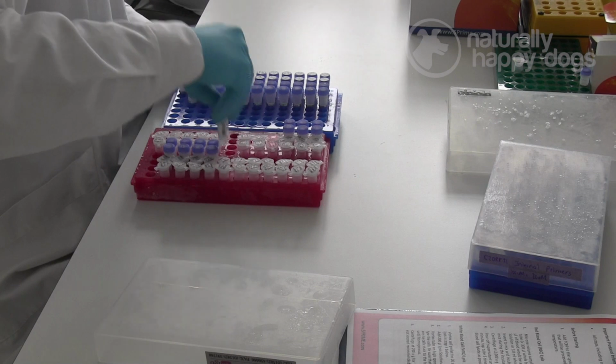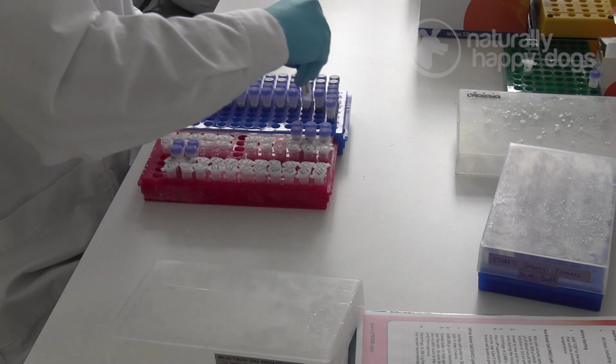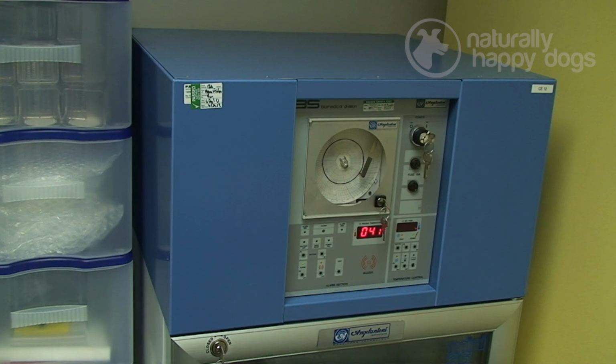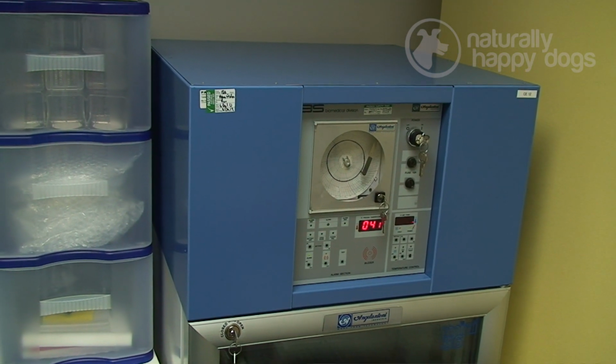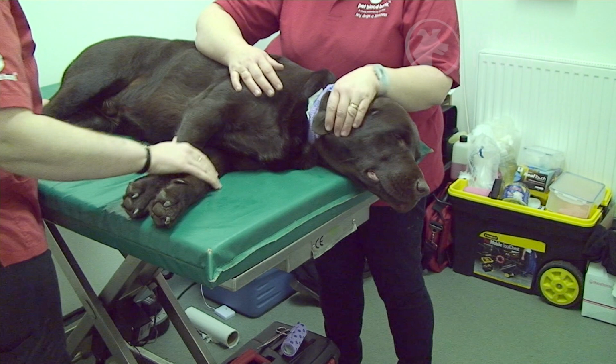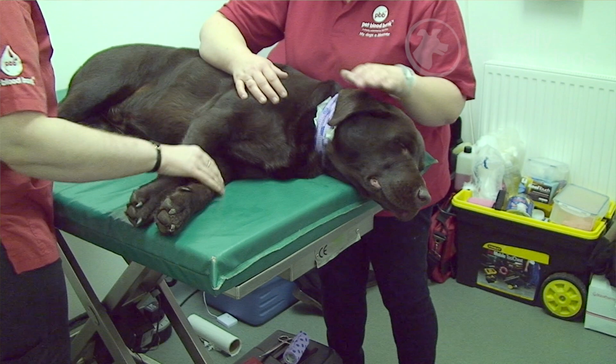Pet Blood Bank is doing some research into coagulation factors to see how long they actually last within our plasma products. This is something that's very important for us. We've been quite restricted to travelling within 2 or 3 hours of our processing laboratory because it's been thought that coagulation factors only last about 8 hours before needing to be frozen and saved. Recent studies by us have shown that these are a little bit more robust and can actually be processed up to 24 hours and still maintain their coagulation factors,